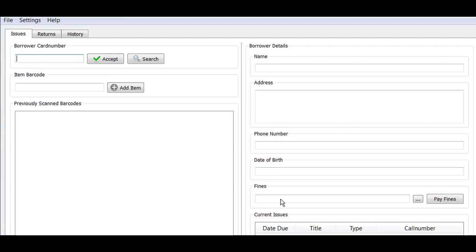After I go through this process without a borrower's file, then I'll go through the process of what would happen if you did have that borrower's file. So I'm going to go ahead and enter a borrower card number. Once I hit accept, the cursor will populate down in that item barcode, and it's going to ask me to add the barcodes. For my purposes, I'm having to type them in, but you will have your scanner, and that would work